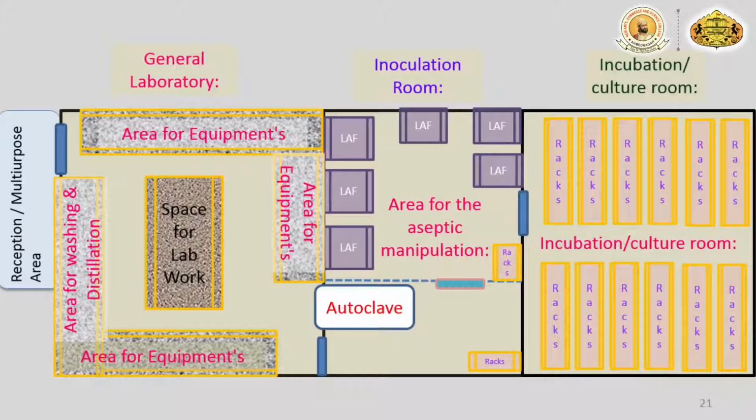After that, all these bottles or culture vessels, you need to take into another room where you are going to maintain the environmental conditions like light, temperature, and humidity. This room is known as a culture room or incubation room, where you are going to maintain the plants or cultures for a long time, maybe 4 weeks or more. Such a room should be there. So this type of setup is required in plant tissue culture.